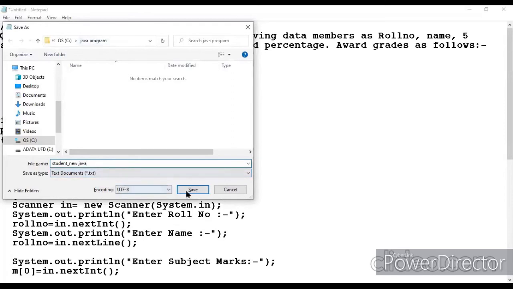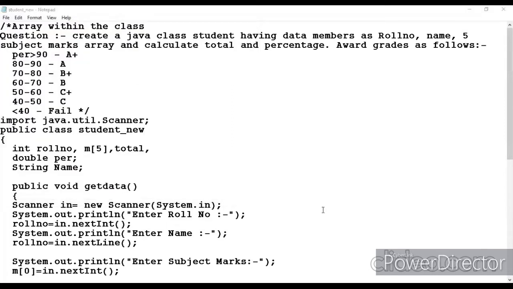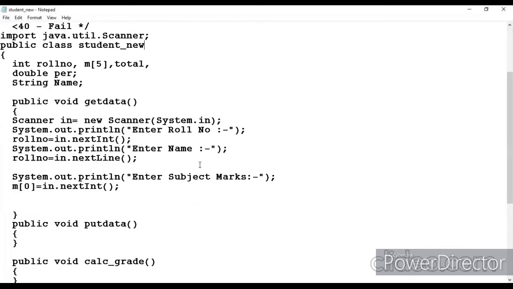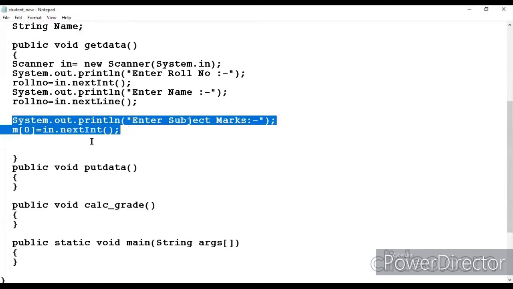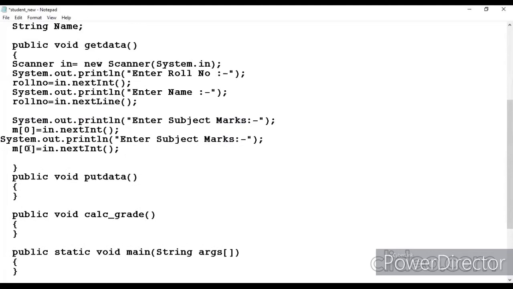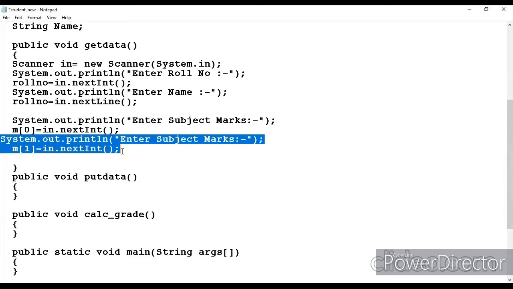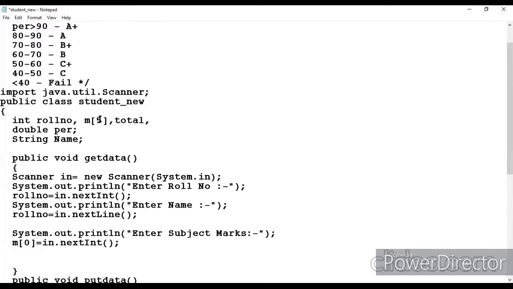Java program is the folder name where I had started. So this is my class. If you want to input another subject's marks, you have to take it like this and change the element. But I don't want to do that. If I do the same thing, what is the use of creating this array?